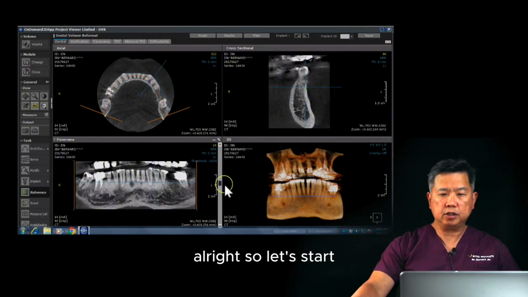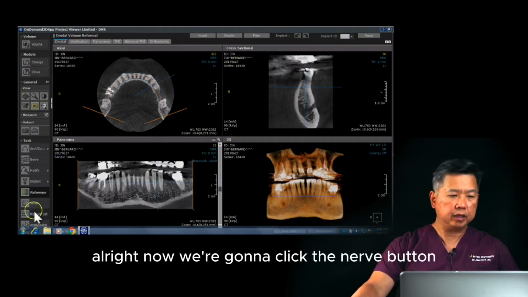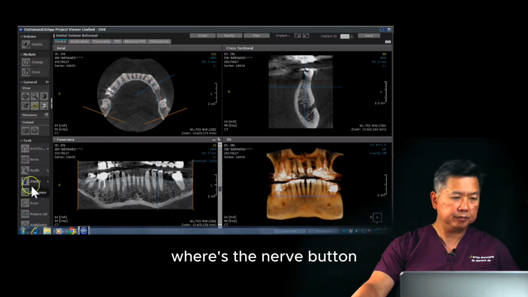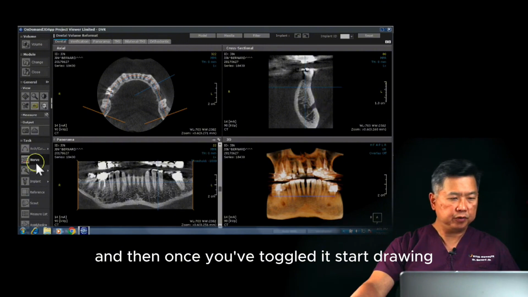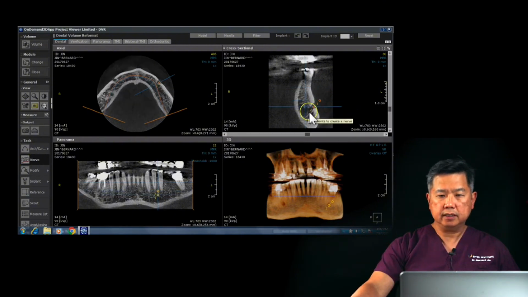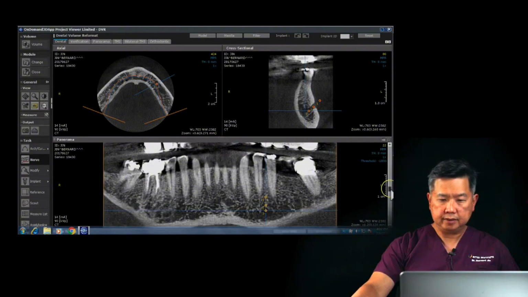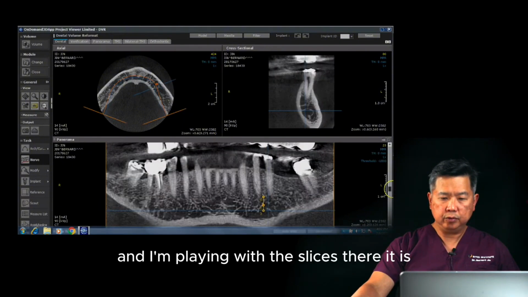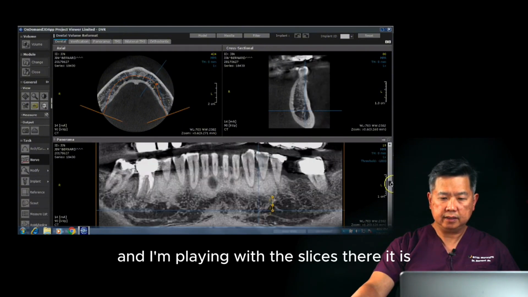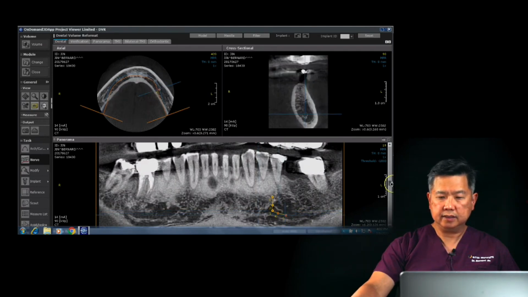All right, so let's start. I always start off with the mental foramen right here. All right, now we're going to click the nerve button. Where's the nerve button? There it is, nerve. And then once you've toggled it, start drawing. You just click once, click, click, and then I can now enlarge this image. And I'm playing with the slices. There it is. Click, click,